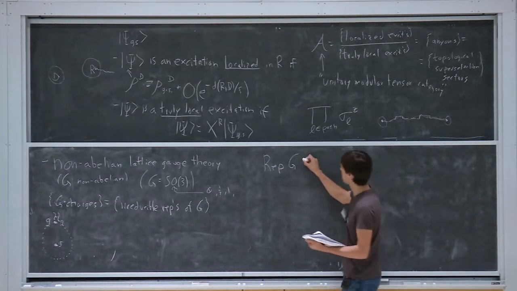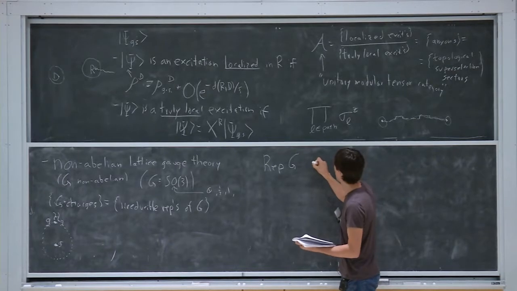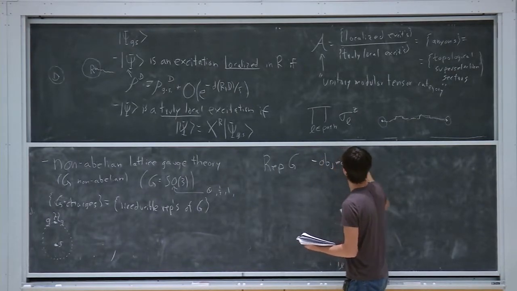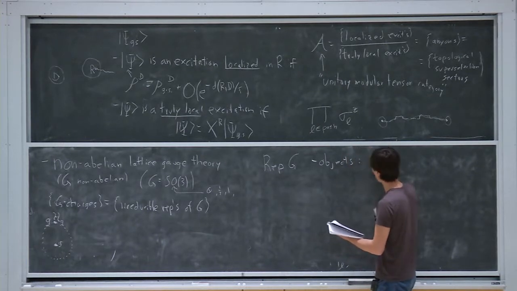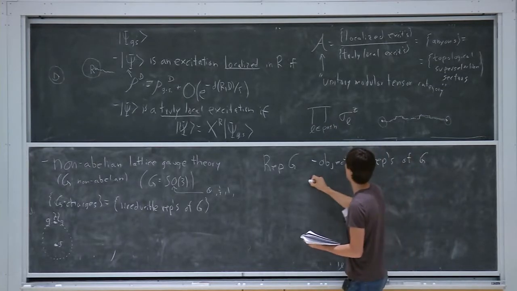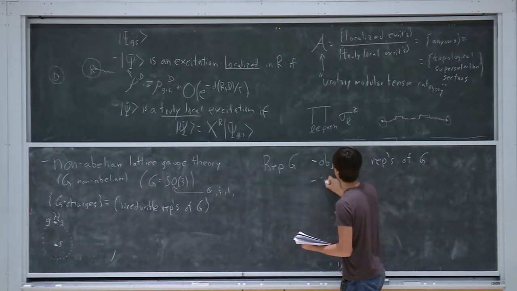This has two things: it has objects, which are representations of G, and it has something that mathematicians call morphisms,